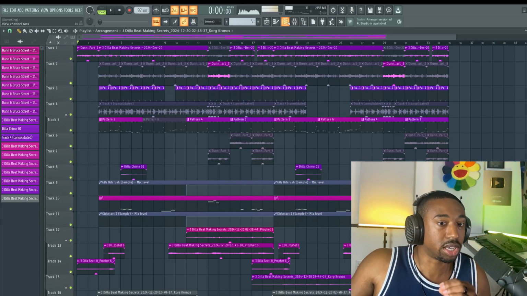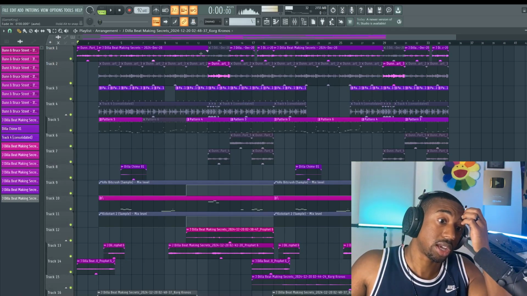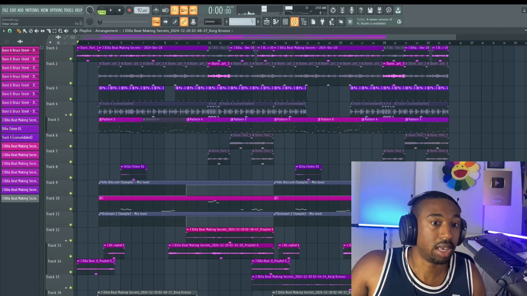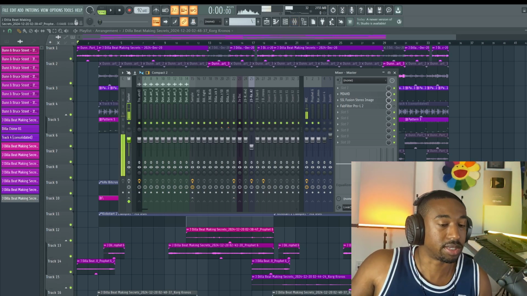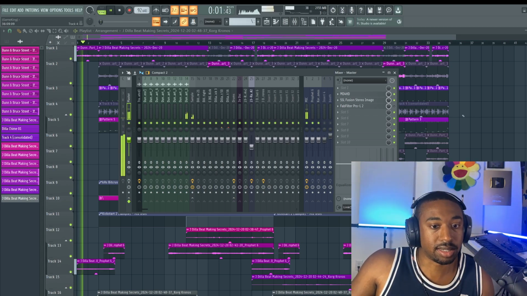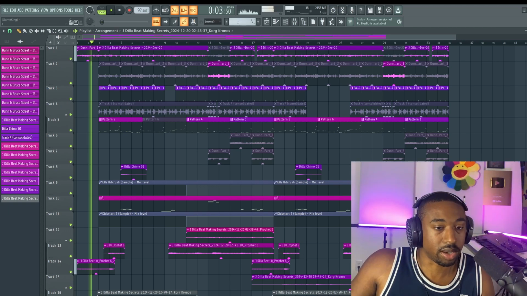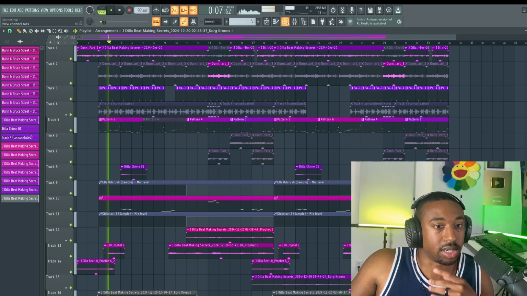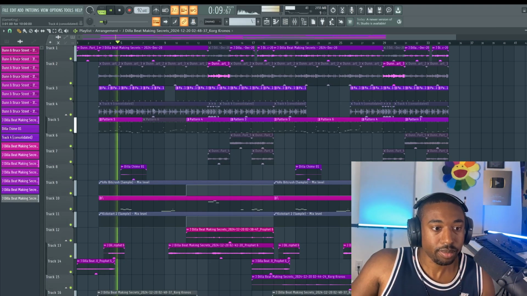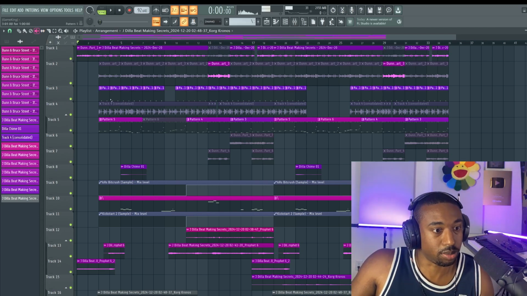It's important to use the channel rack volume or use the actual audio volume right here on the audio clip. If you guys are using your mixer fader, it's post everything, post effects and everything. You want to turn down your volume from the start because this is the volume going into your compressors and everything else. All right, so let's turn down the volume. Well, we don't need to turn anything down here, but this is where you guys would turn that volume down.